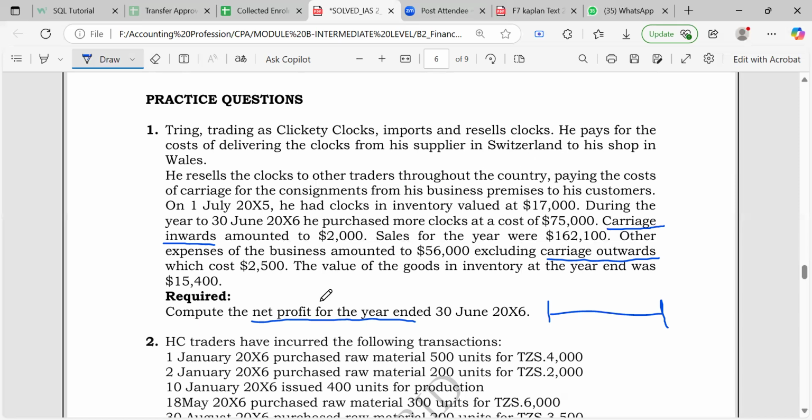Getting the profit is easy because we just take the sales and then deduct the expenses, but you need to categorize them properly to know this is the cost of sales and this is the operating expense. That's the most important point. Okay, it is going to end soon, and so